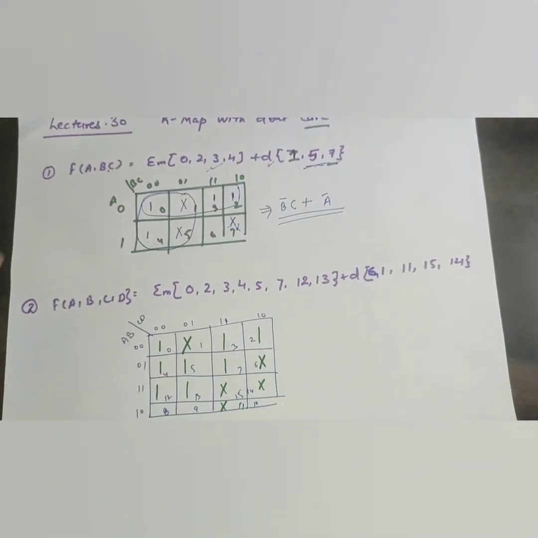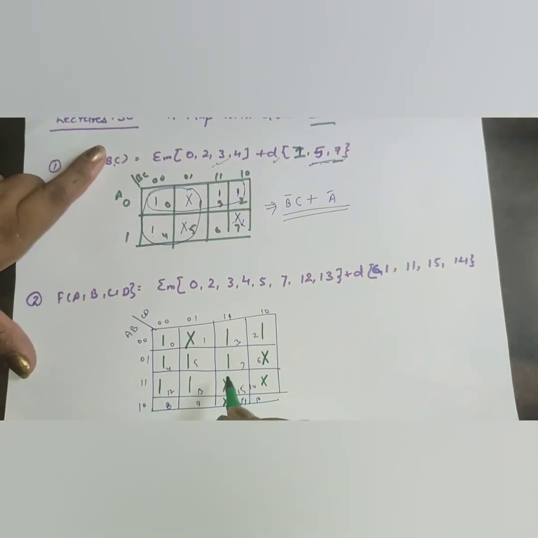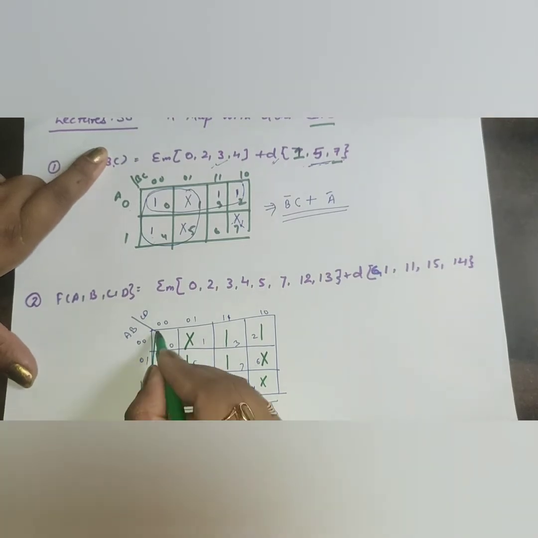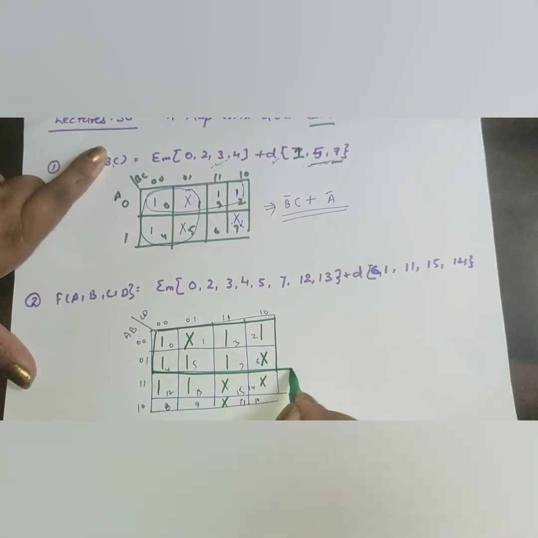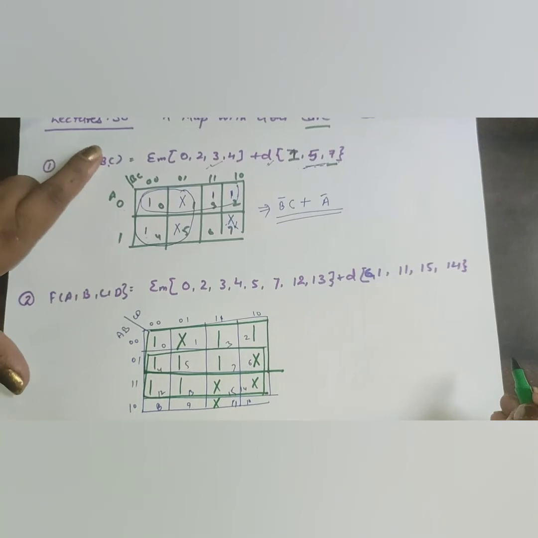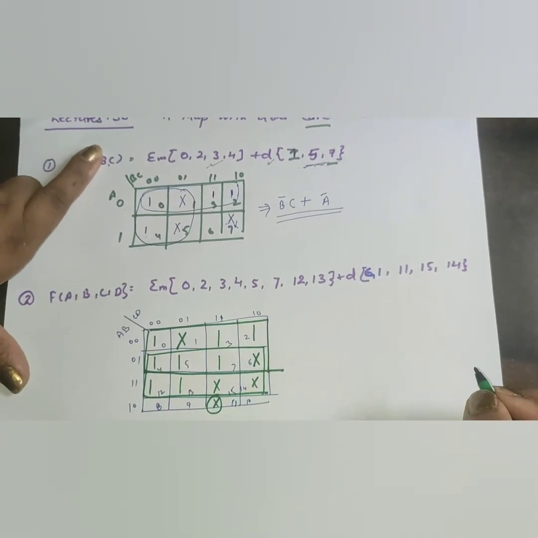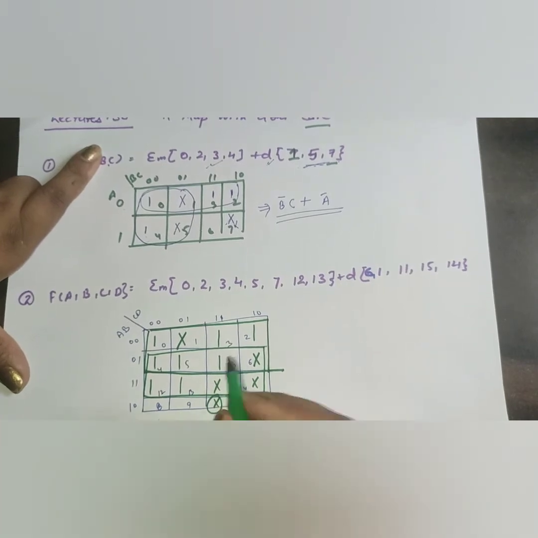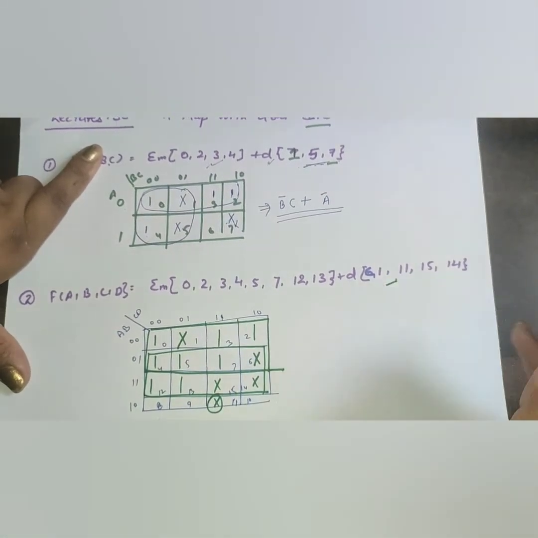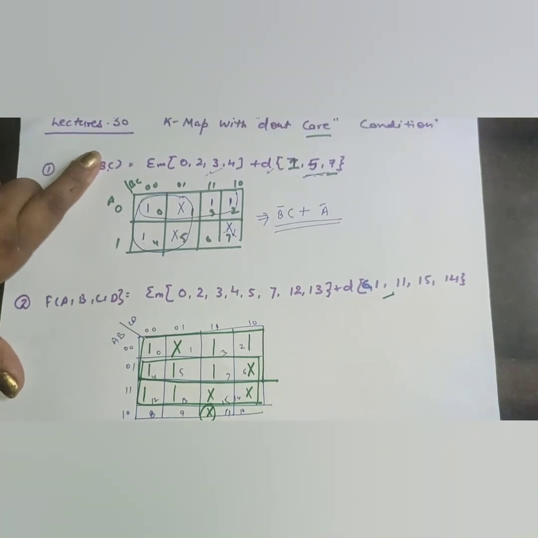So friends, you can check, you can make the groups by the ones and don't care conditions, two groups of 8. You can make one group by this 8 and one group by this 8. Okay, you have two 8 groups. And the remaining don't care condition can be eliminated because we don't have any remaining ones. So our priority is to consider all the ones. Don't care, as the name suggests, we don't have to care.